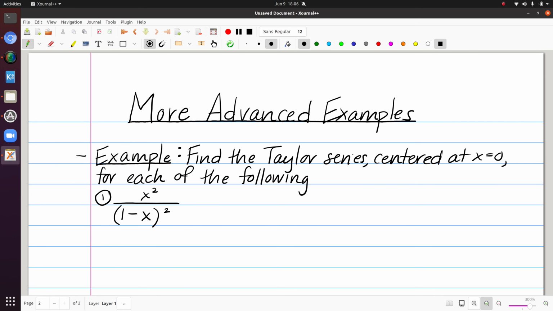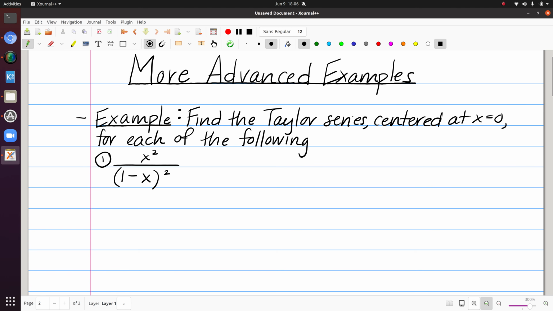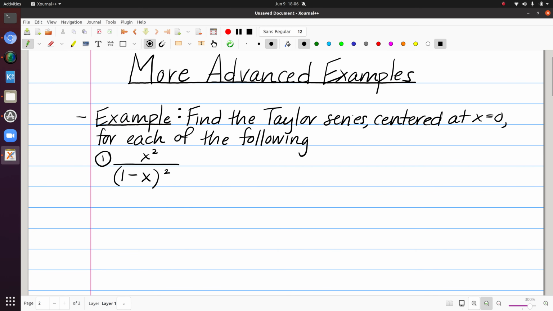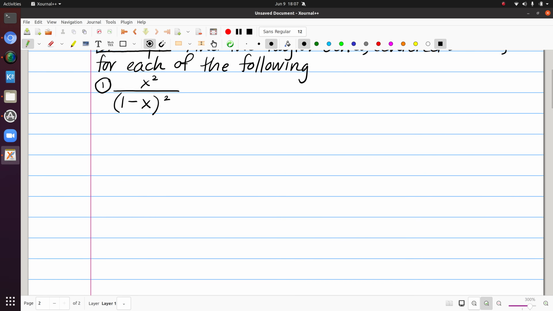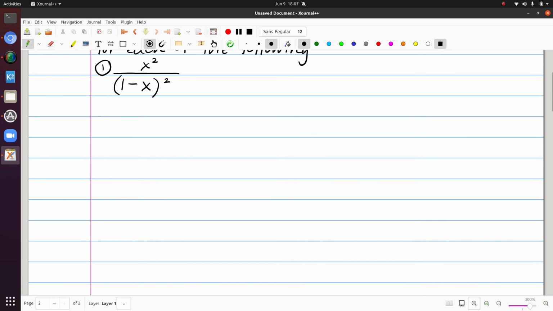Finally, let's look at some more advanced examples. So in these examples, I want to find the Taylor series centered at x equals 0 for the given function. And just as a reminder, the goal is to try to figure out somewhere to start, and somewhere to start being one of our familiar functions where we know the Taylor series centered at 0, and then think how we can get from that familiar function to the one at hand and do those same operations on our starting Taylor series. And as is often the case, there are lots of correct paths that you might take to get to